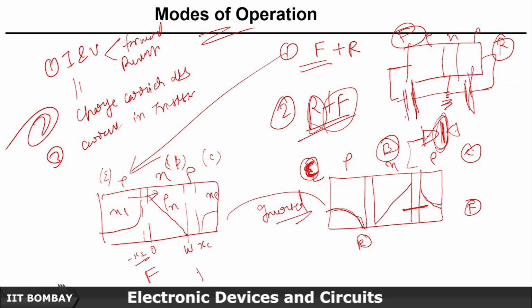So this is forward, this is reverse, it is reversed here, and this is your forward bias. So it's the other way around, and the charge distribution profile will be something like this. Now if you know the charge distribution profile, you can easily calculate the current. And if I talk about, let's say,